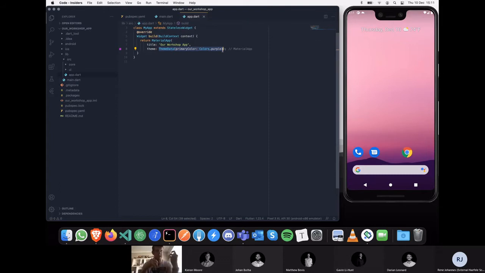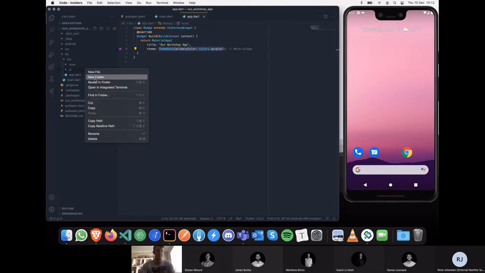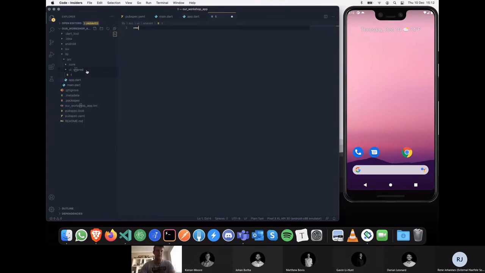So you abstract that out so that everywhere in your app you can say use the primary color from the theme, use the primary color from the theme, instead of having to say use purple, because then if you want to change it to red, suddenly you've got to change it in a whole bunch of places, right? So if we head to our UI, I want to create a shared folder in here, and inside there we can put